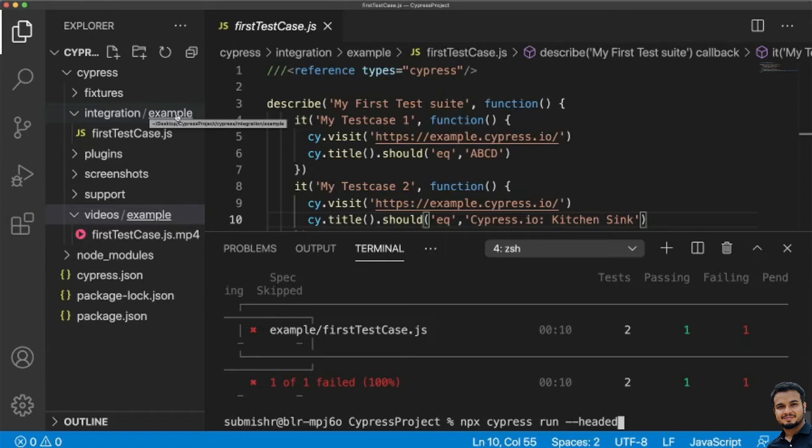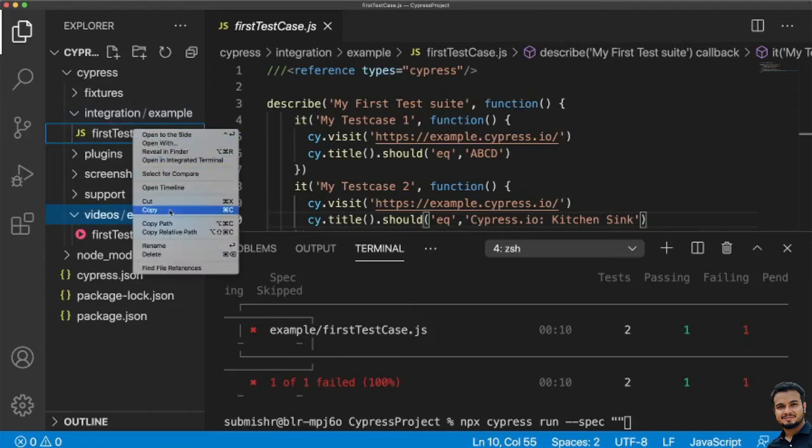Again, you need to write npx cypress run. Then you can write hyphen hyphen spec, and inside double quotes you write the path of that test case. For example, here we have the first test case. If you right click here, you can see the path.